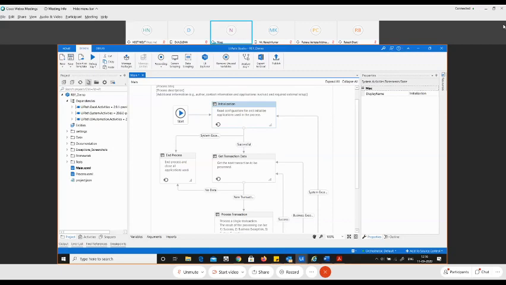So what does the Initialization state basically do? It reads the configuration files and initializes the applications used in the process. If all initialization is successful, the execution moves to the Get Transaction Data state. In case of a failure, it moves to the End Process state.